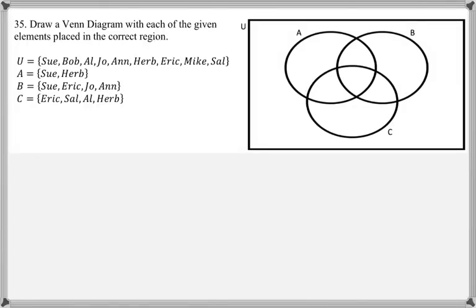Number 35 says, draw a Venn diagram with each of the given elements placed in the correct region. So we have the universal set, and then we have sets A, B, and C. So I want to start at the very center,